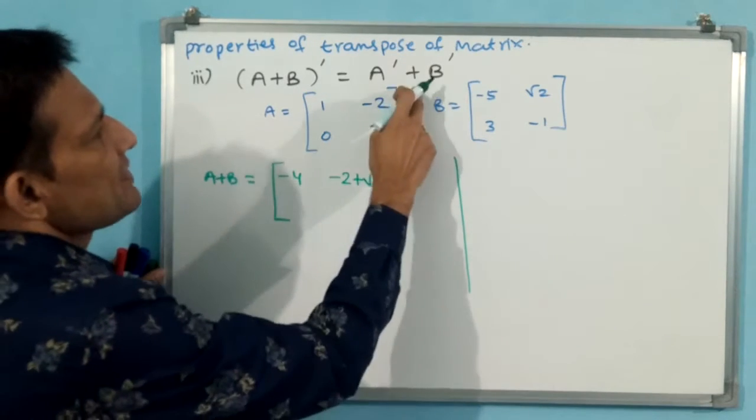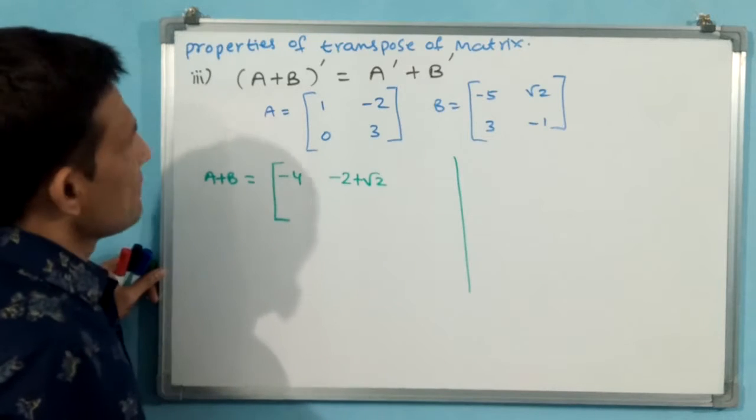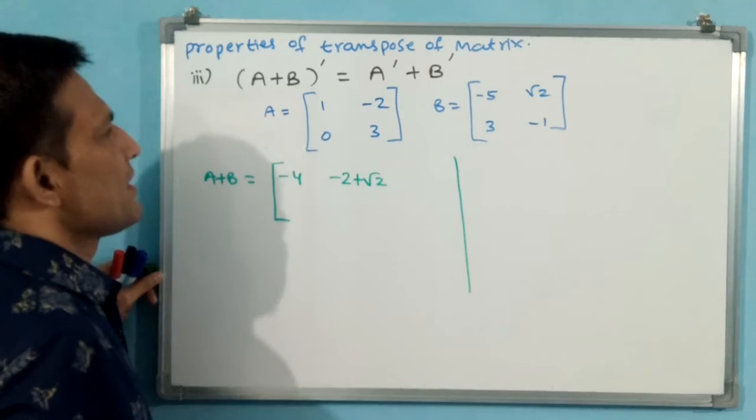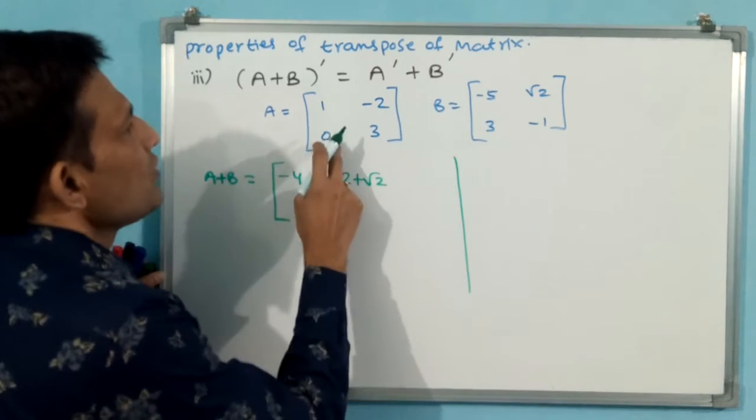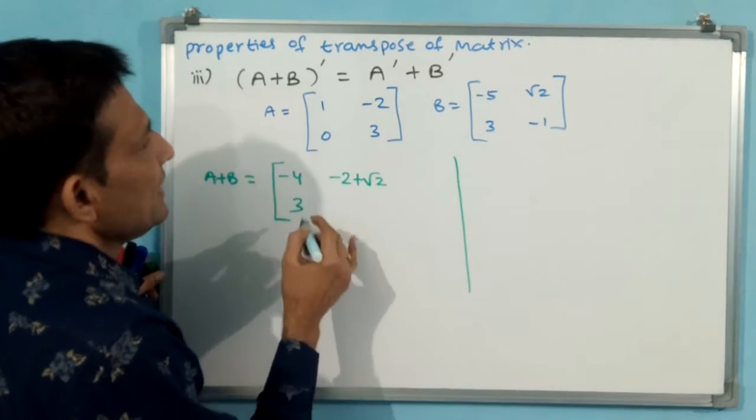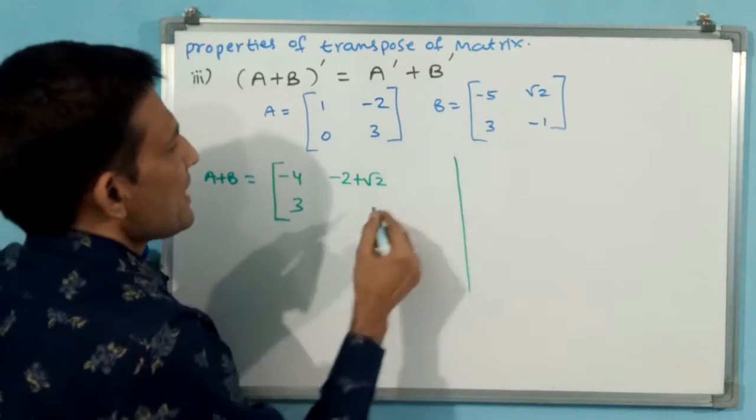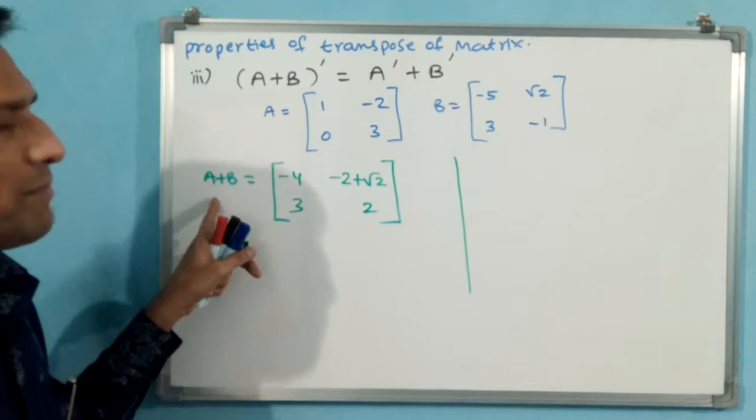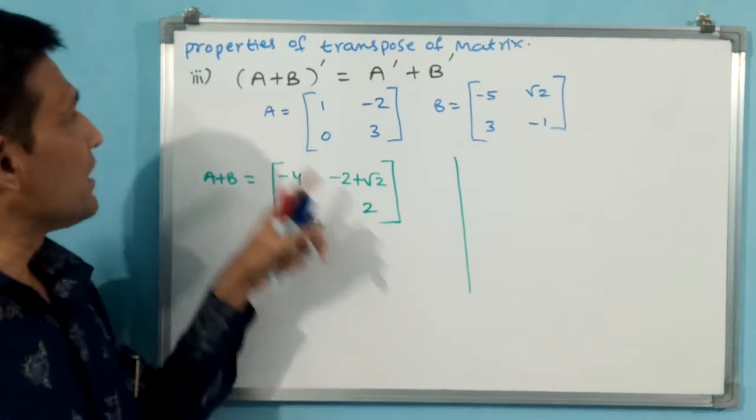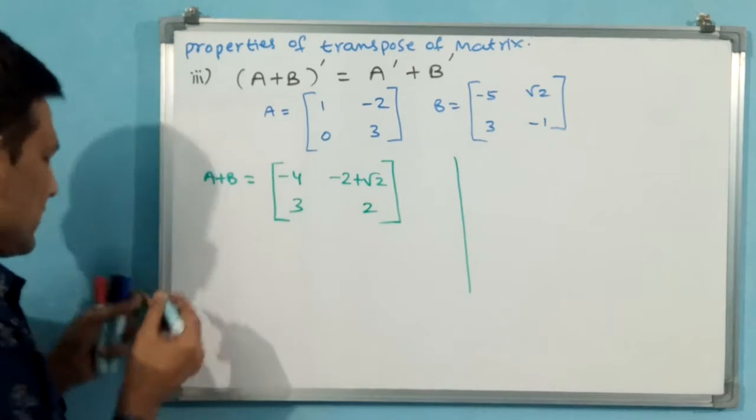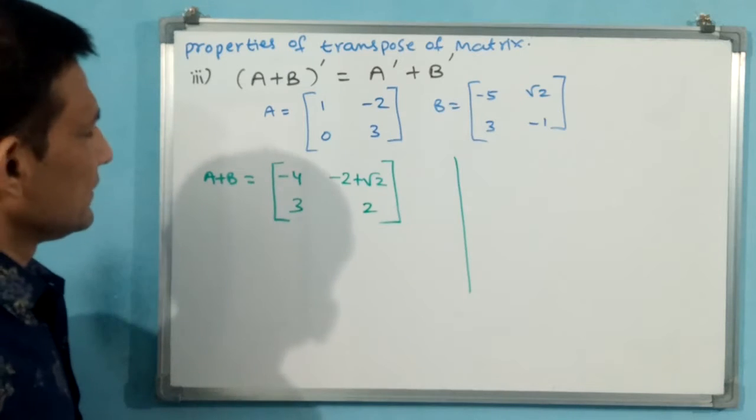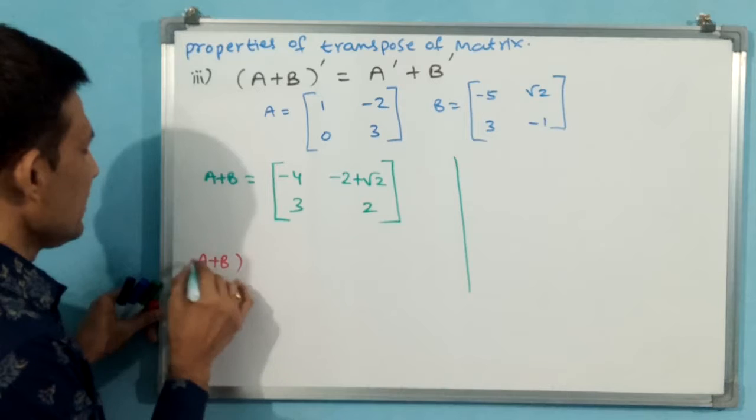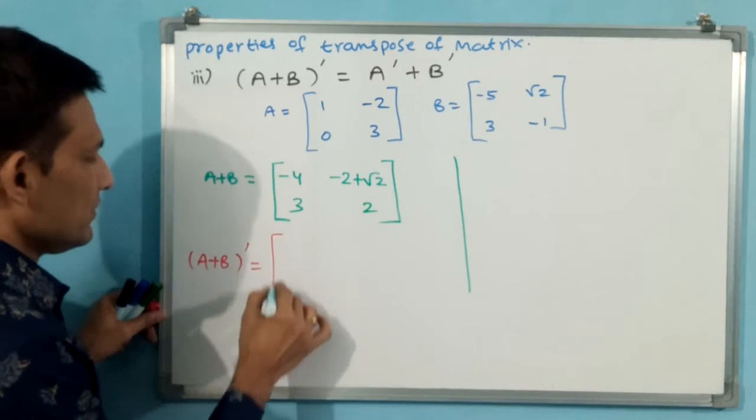Because plus is there, minus 2 plus root 2. 1 plus root minus 5 means minus 4 will come. Now you see, 0 plus 3 is 3, 3 minus 1 is 2. This will be A plus B, but we want A plus B transpose. Write down A plus B transpose also. A plus B transpose is equal to